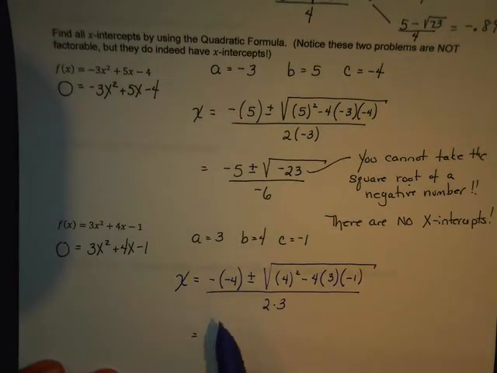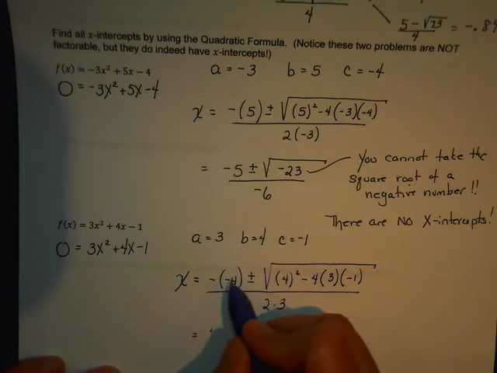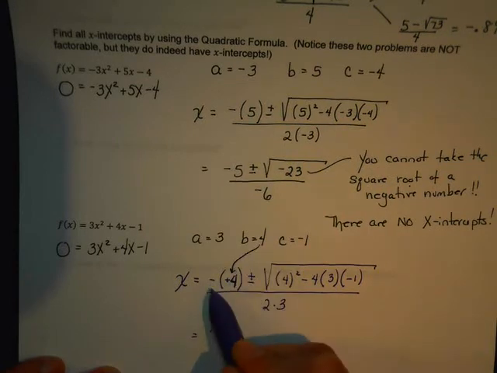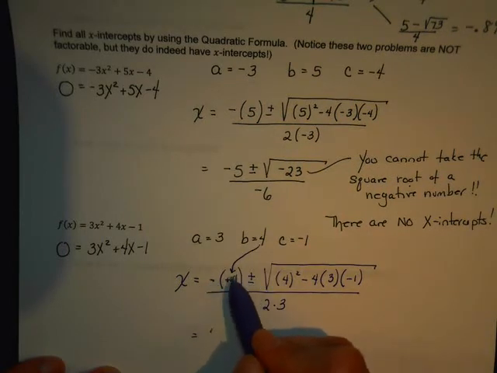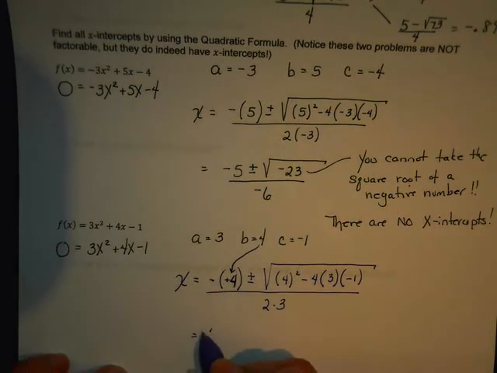Wait, B is positive 4. So it's negative of a positive 4. Hold on, get rid of that. I screwed up. See, unedited. All right, B is 4. So it's negative B. So this is going to be negative 4 plus or minus the square root